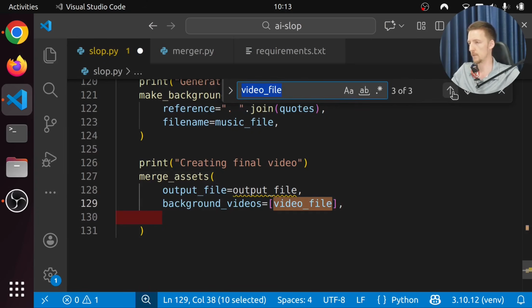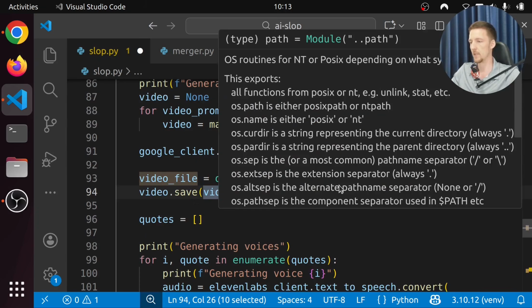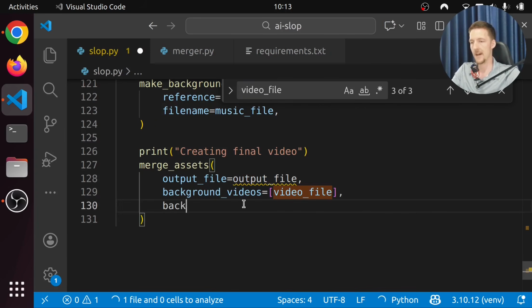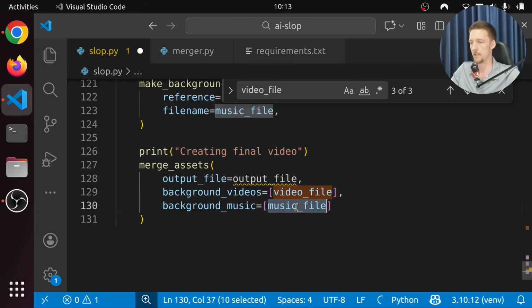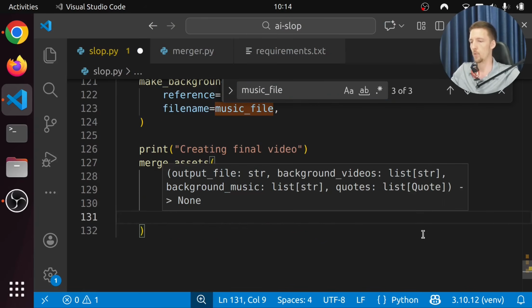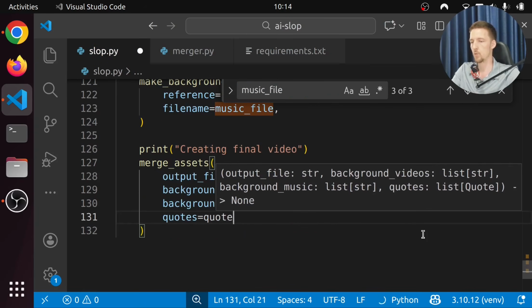Is it? Let's make sure. Video file is going to be the path to the video. Okay. And background music is going to be the music file. I think that's what I called it. Yes. And finally, we need the quotes, which is just quotes.